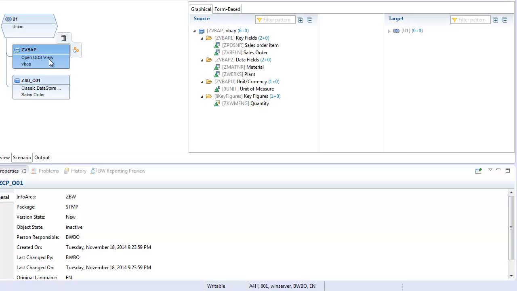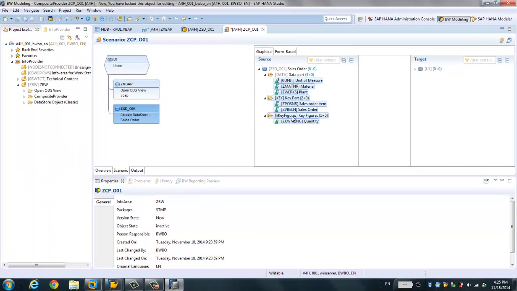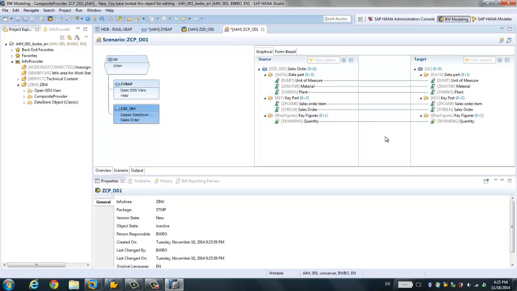Okay. Here you see we have these two info providers and this content provider, and the operator is a union. And then we have to define the target of the fields. All right. We have the source, and then we need to define the target. Okay. Targets, I just simply drag and drop all the fields. Okay, and this is the mapping between the target and the classic data store object,